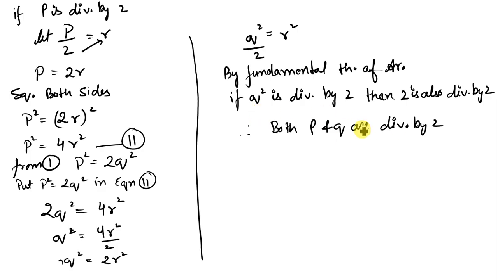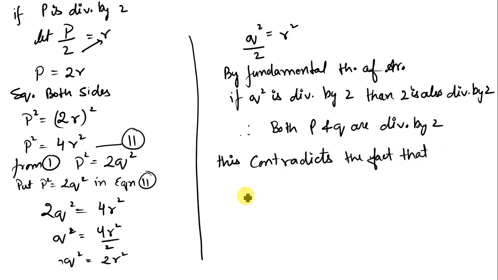As we can see, p and q both are divisible by 2. This contradicts the fact. Contradict means किसी भी चीज को झुटला देना, which means the thing that we are trying to solve has now become totally opposite of what we were trying to get. So this contradicts the fact